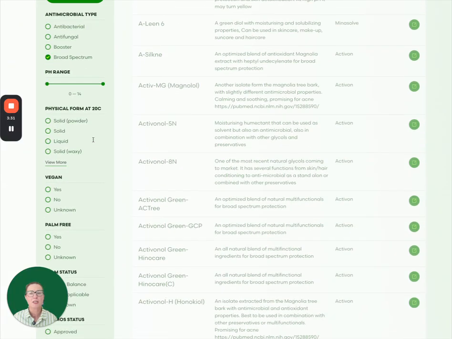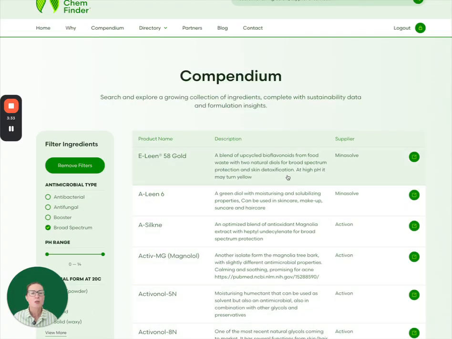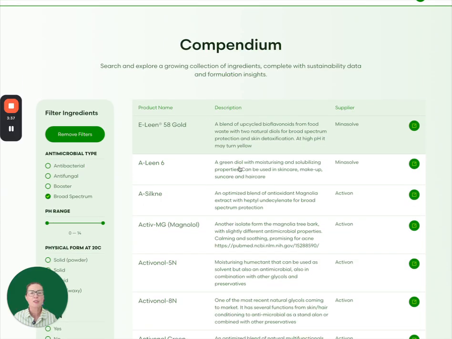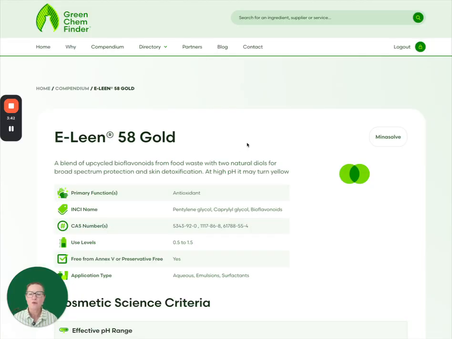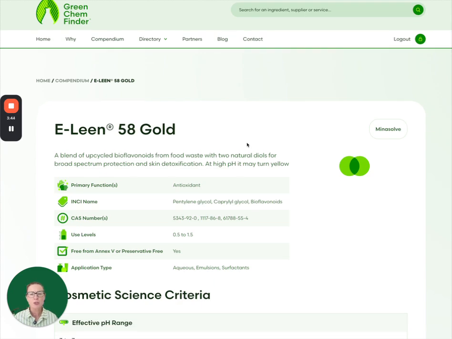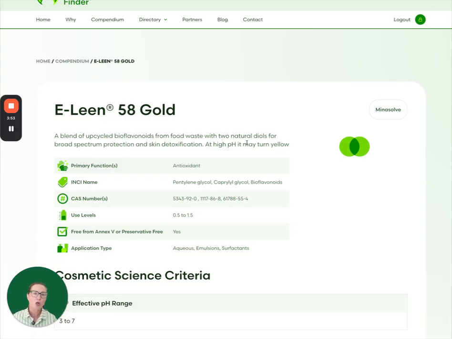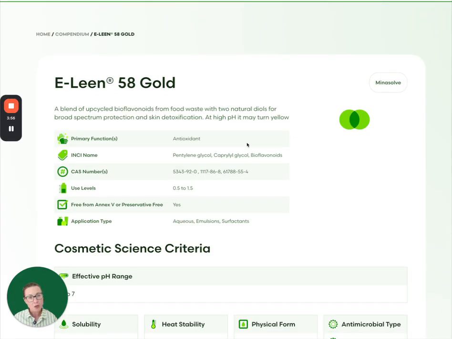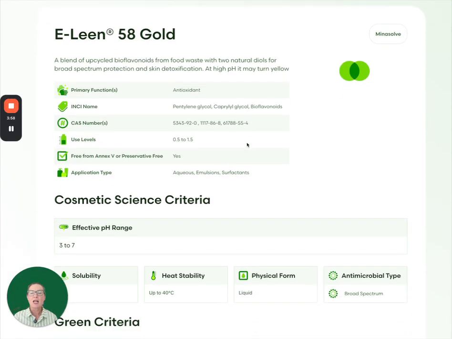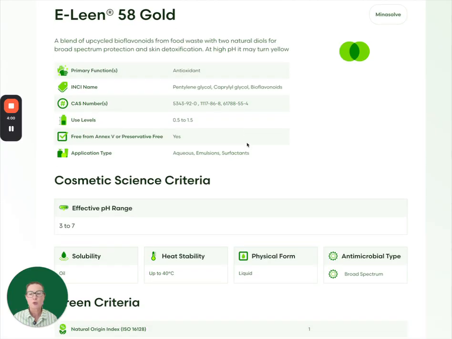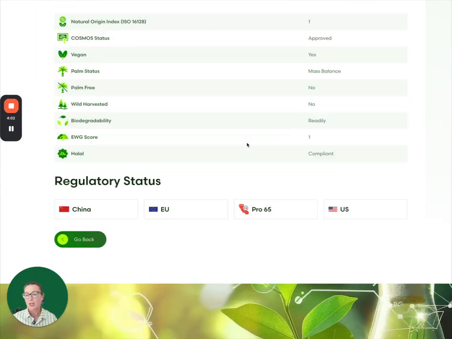broad spectrum ingredient. So we'll see the filter will, let's go for the first one, select a bunch of ingredients which you can check, and you can see there is a card for the ingredient with a short description. You can see the primary function, you can see the INCI listing. Sometimes it's a treasure hunt to find the INCI listing of ingredients, but here it is, along with their CAS numbers, the recommended use levels, and obviously what kind of applications it is most suitable for, the pH range, and obviously